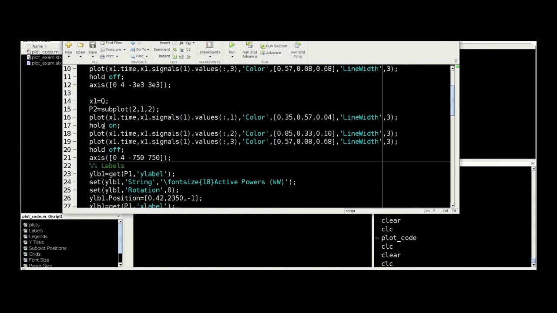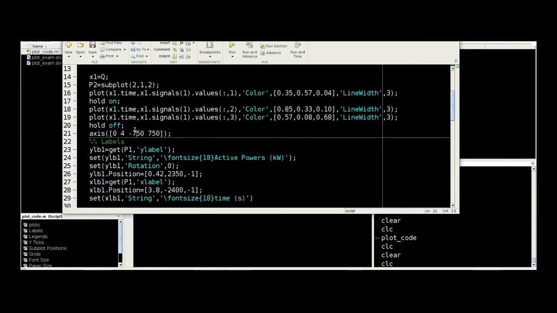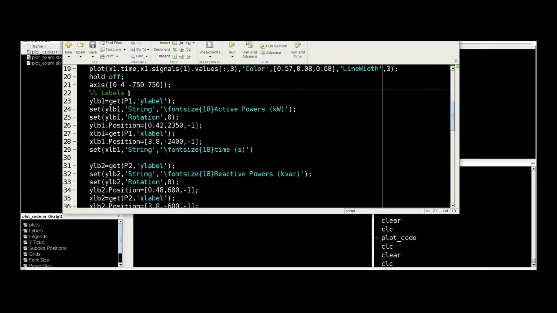Similarly, for reactive power, I selected the second subplot and then plotted the three signals, and then changed the limit of the y-axis. Then I have used the labels of active and reactive power over here.